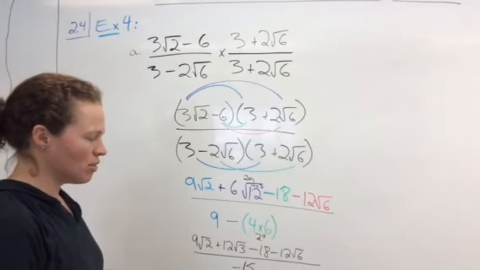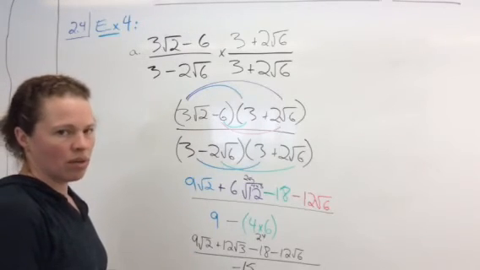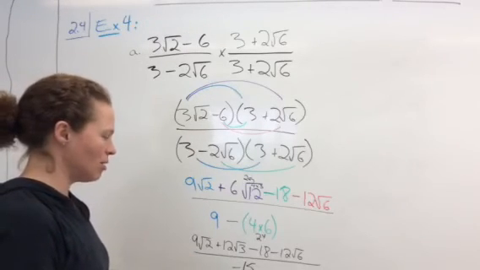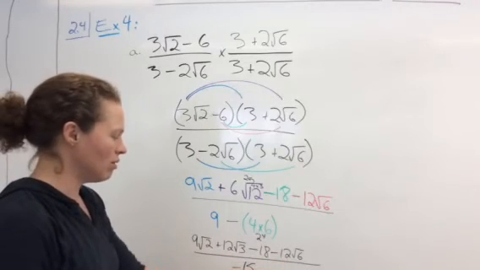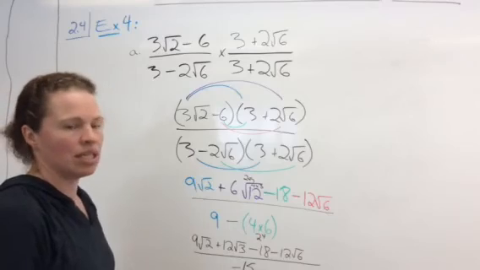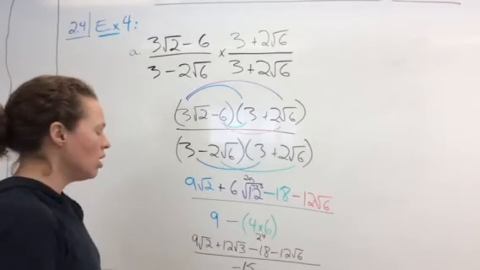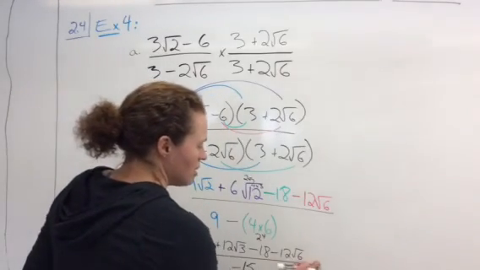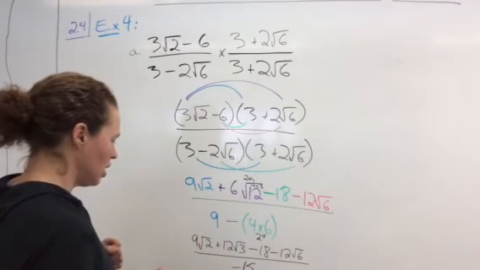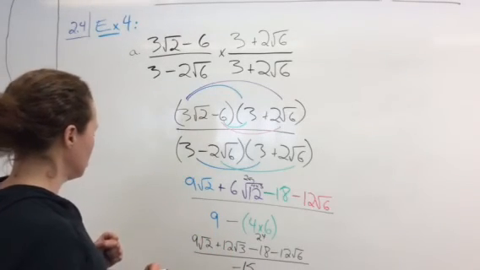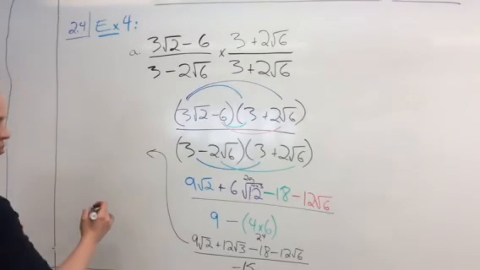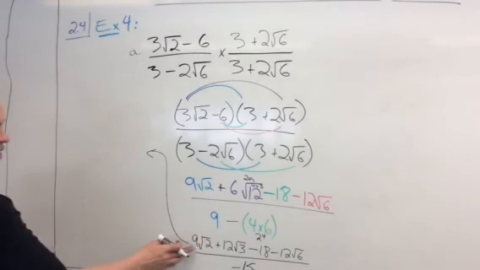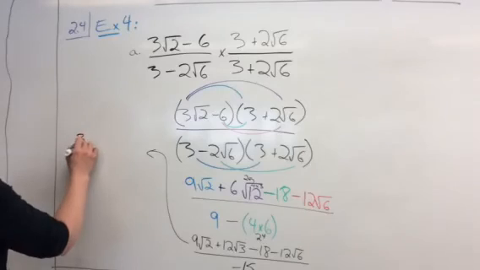However, these numbers are all really big, so I want to ask, is there a common factor? 9, 12, 18, 12, and 15. Yeah, 3. So I'm going to rewrite this entire thing. Woohoo! I think maybe over here, because I think I'm running out of space, I'm going to take a 3 out of everything. So it's going to be 3 root 2